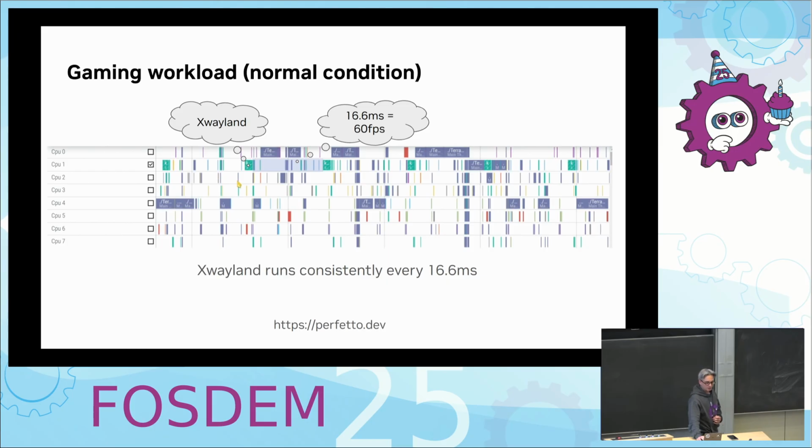And that's Xwayland, the compositor, the task that is sending every single frame to the graphics card, to the video. And it's operating every 16.6 repeating milliseconds, doing some CPU activity, like here,